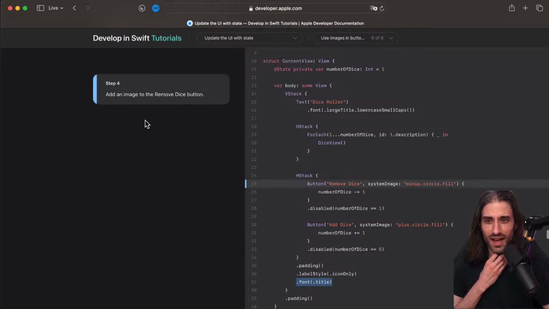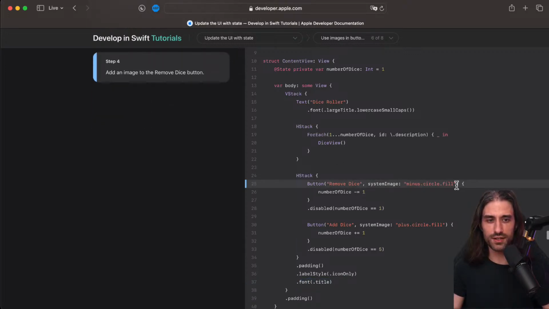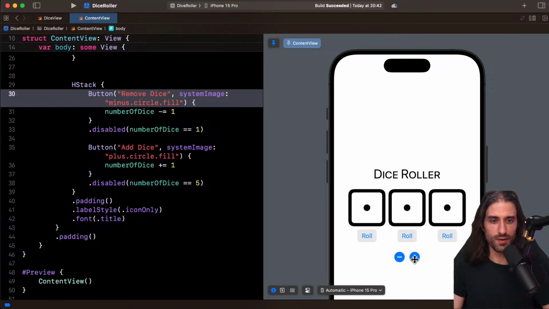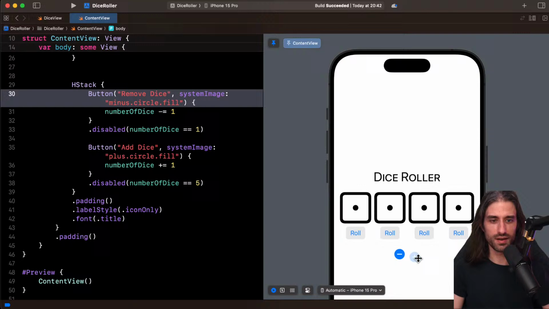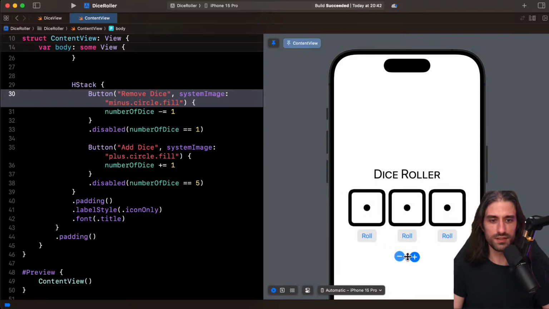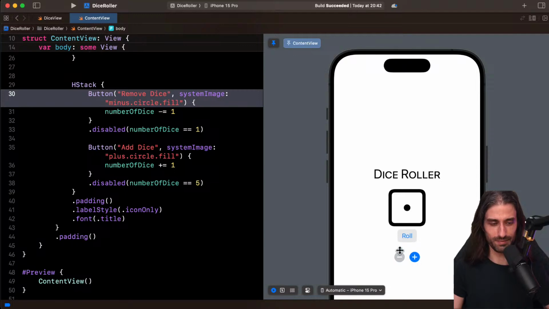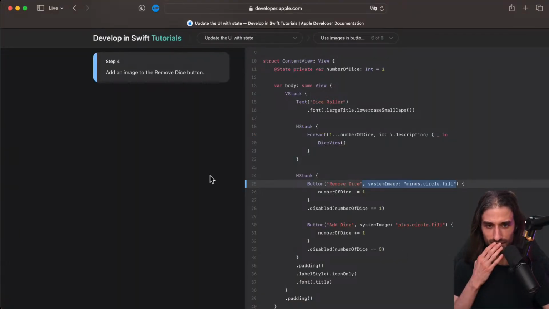Okay. And then, as you can imagine, we use an image for the other button. So this time minus circle fill. And we have our plus and minus buttons that look a bit more like what we would expect to see. And what's nice is that since they move a bit, their movement is also animated, because since the height of the H tag changes, then the position of the button also changes as a consequence.